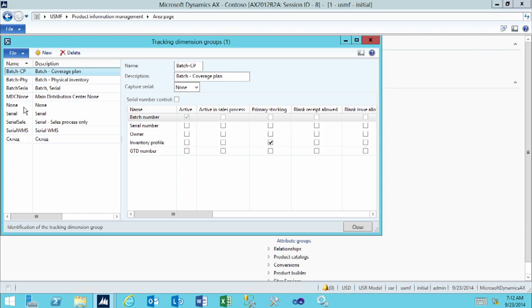It's important that even for items that you do not want to use tracking dimensions such as batch and serial number, that you create one that's called none or something similar that does not have the active or active in sales process checkboxes selected. If we highlight the example here called serial, you'll notice that the active checkbox is selected,